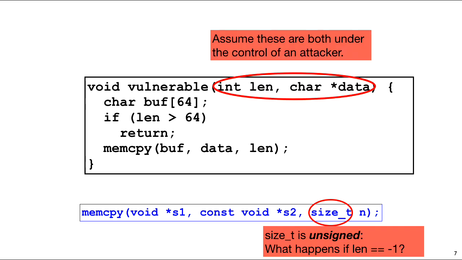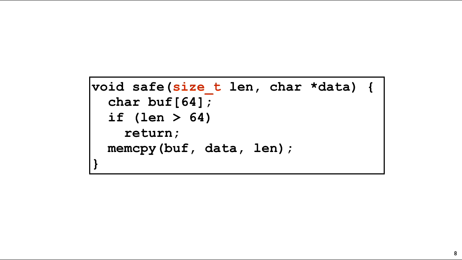Okay, so this code is vulnerable to a buffer overflow, and the signed/unsigned int problem contributes to that. So how do we make that safe? The way we make this code safe is to declare the length to be a size_t, an unsigned int. So then it'll be interpreted correctly for the bounds check. If you pass in all FFFF, it'll be interpreted as an unsigned int, and the bounds check will say, sorry,